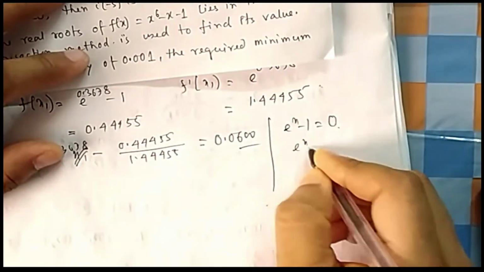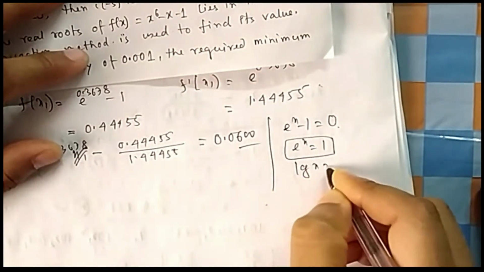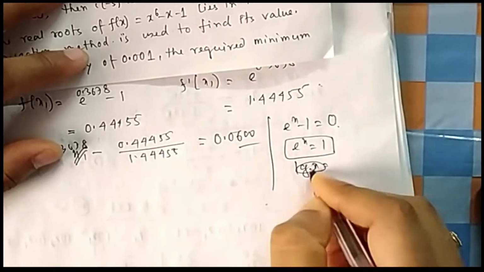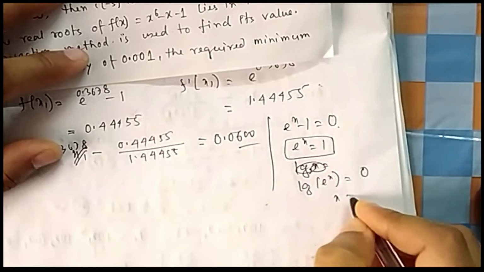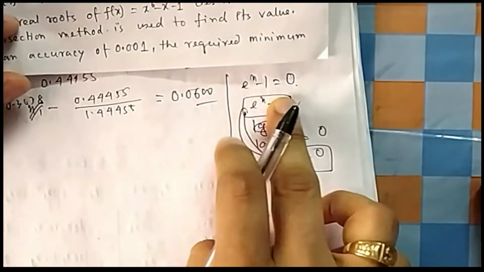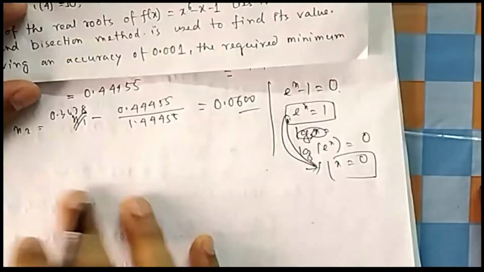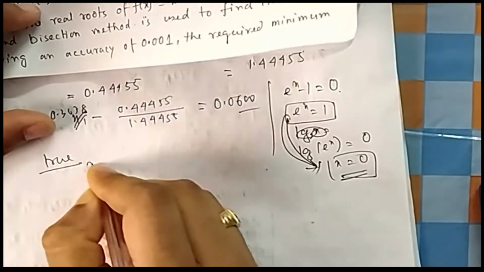So now you think for what value it is satisfied, or you can take log also. e to the power x equals 1, so log of e to the power x equals log 1. Log and e get cancelled and log 1 is 0. So x is equal to 0. Without taking log also, you can see that if you put x equal to 0, then only it is satisfied, e to the power 0 equal to 1. So the actual answer is the true value. What is the true answer? True answer is x equal to 0.